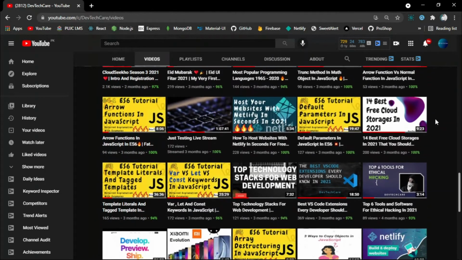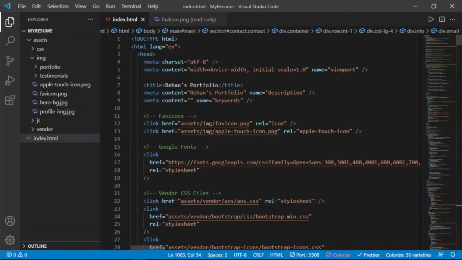Today, I will tell you how to host your website, a static website, on Netlify for free with Git integration. Importing your site using Git to Netlify means that you just have to push your code to your GitHub repo, and continuous deployment will take place automatically and instantly after every push, and you don't have to redeploy your whole site after updating your files on Netlify. This is one of the main benefits of using Git with Netlify.